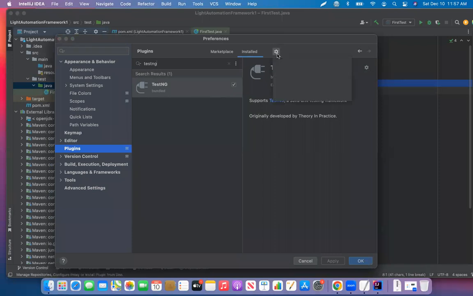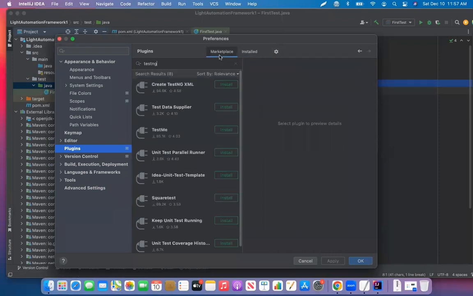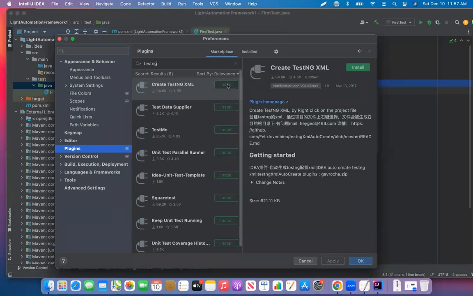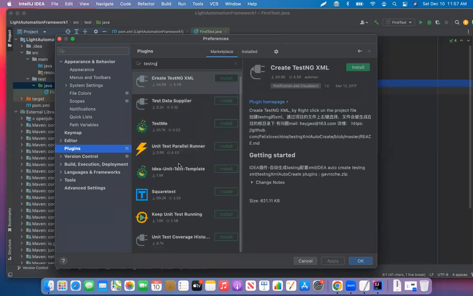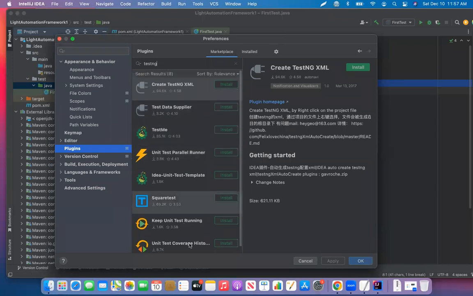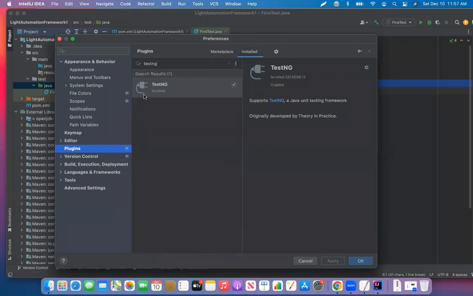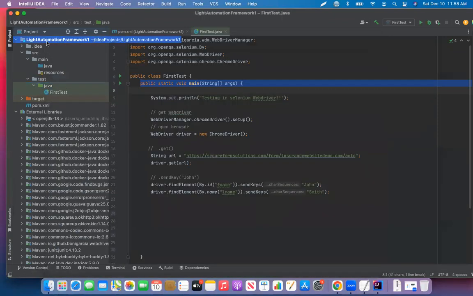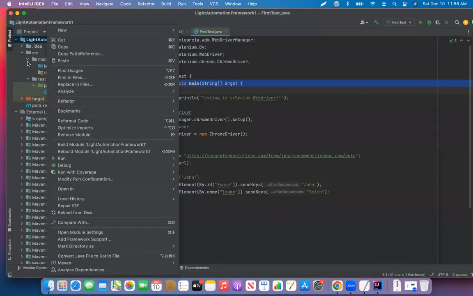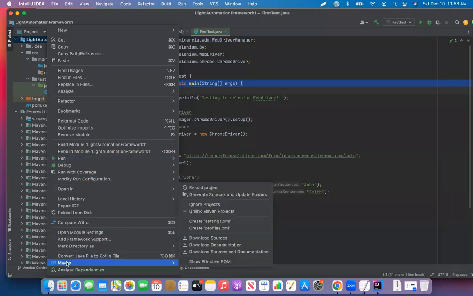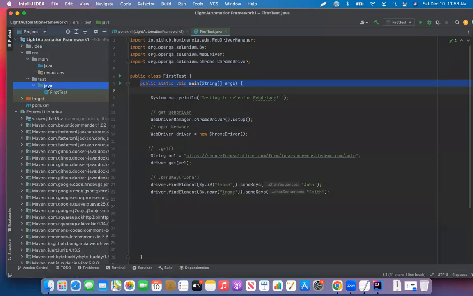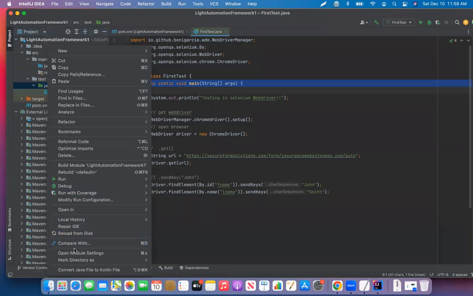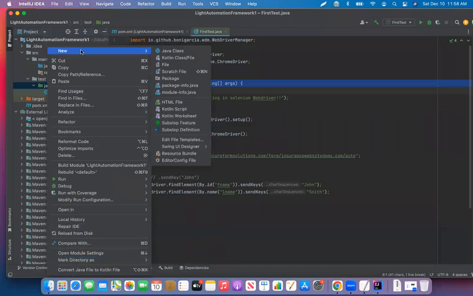I want to disable that. Let's see. And it is installed, right? So TestNG XML, TestNG, okay. These are the things we don't need, but for my IDE, it already says TestNG is there. So I should be able to see TestNG. I can see Maven here, which is fine. If I go like this, I would like to see TestNG. If I do new,